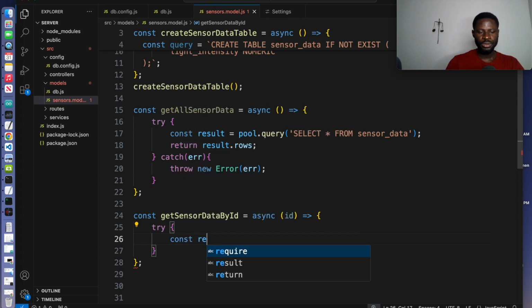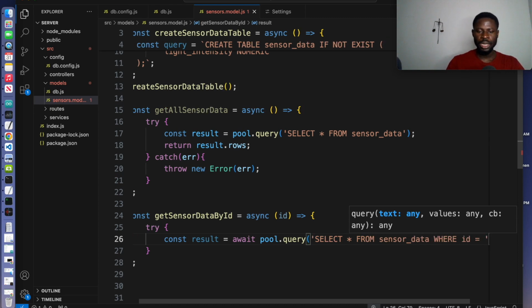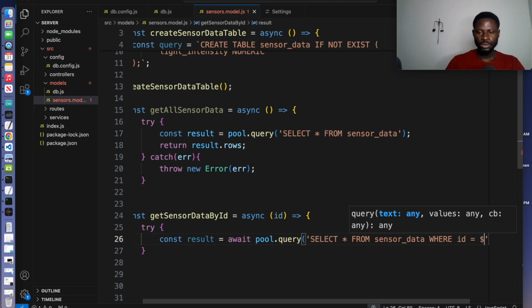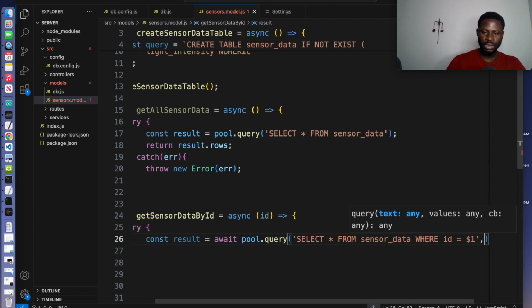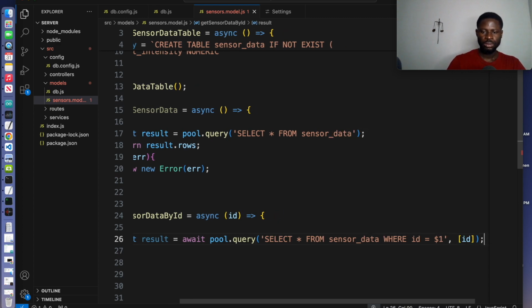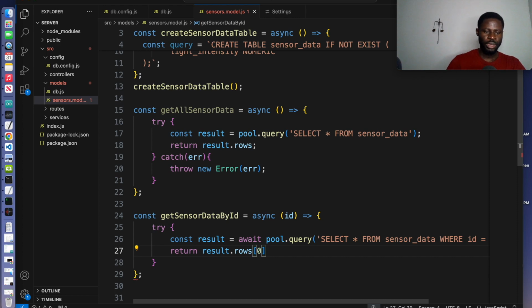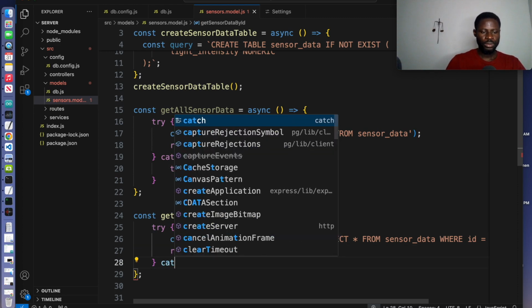So now const result, we will do await pool.query. And this time, the query to select a row of data by an ID, we write SELECT * FROM sensor_data WHERE id equal to the ID that we want to add, right? We will do $1. We go outside here and we put this in brackets, id. Once we have this, we can do return. This time we only need one value, so we get the first row